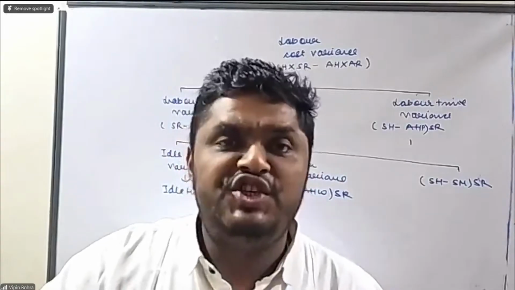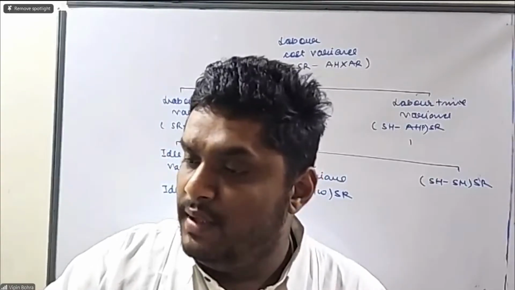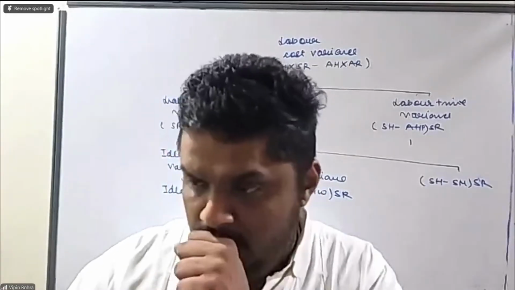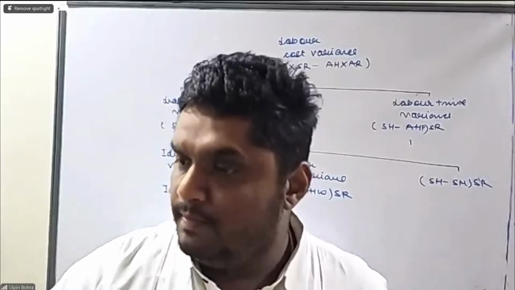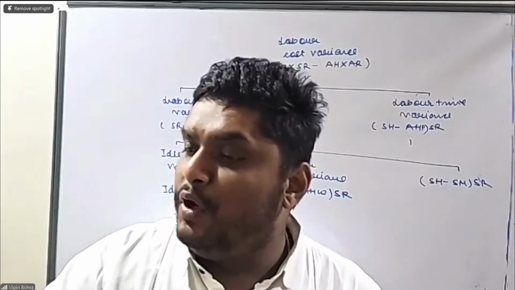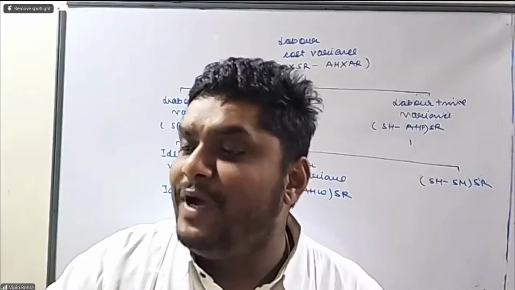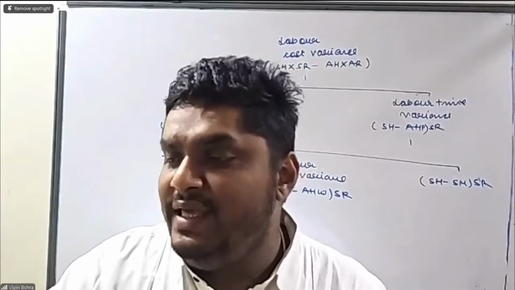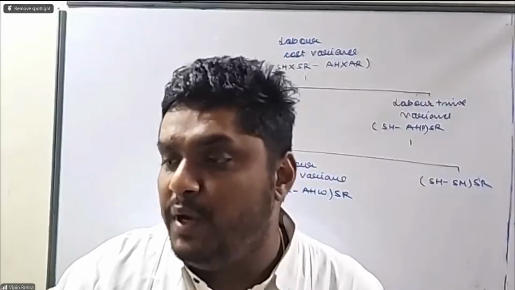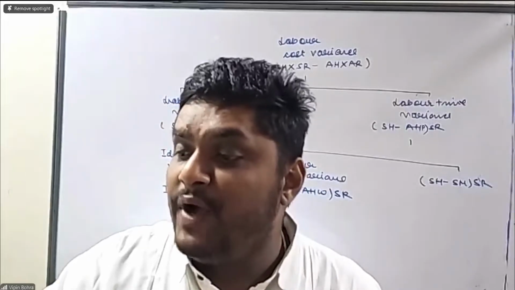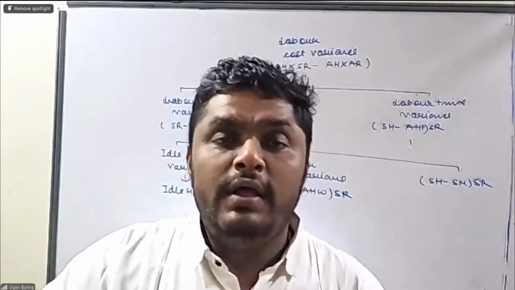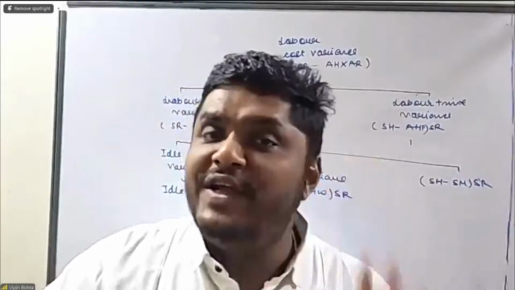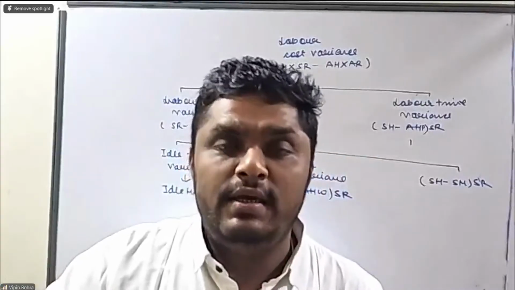So let's start with illustration number 6 from the study material. The standard output of a product EXE is 25 units per hour. I repeat again, the standard output of a product EXE is 25 units per hour in the manufacturing department of a company employing 100 workers. So the language says that the 100 workers are working for an hour to manufacture 25 units of product EXE. So it means